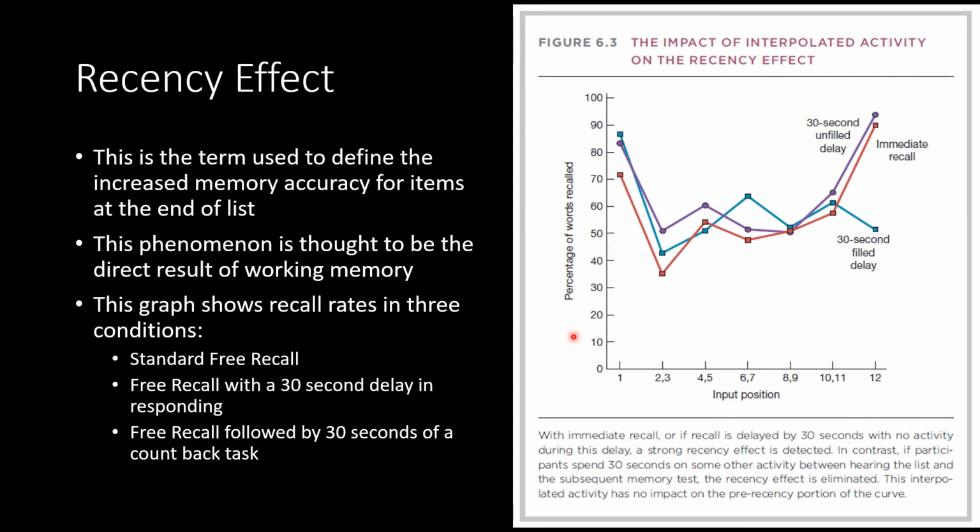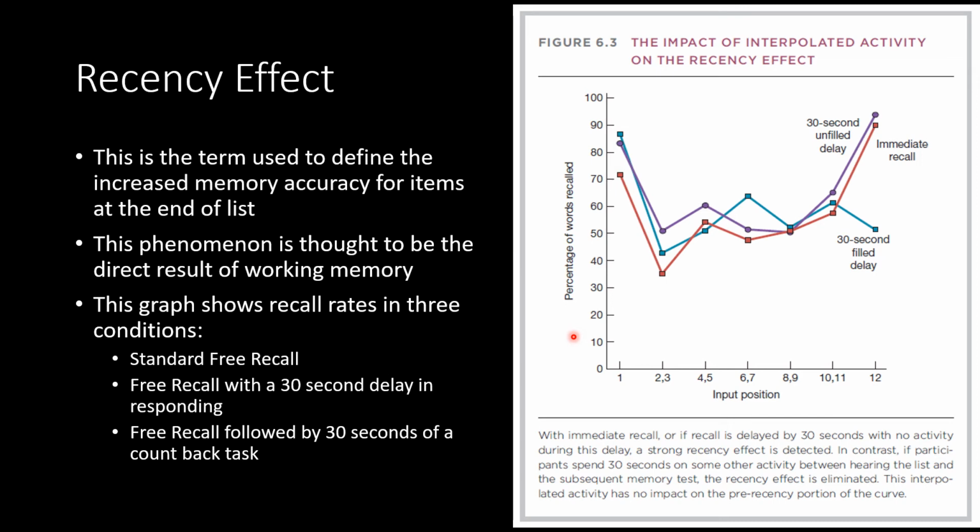The first is just a standard free recall paradigm in which they are shown a list of words, and then immediately afterwards they're asked to recall that list of words in any order that they would like. The next condition over, which here I believe is the purple line with circles, is the free recall with a 30-second delay, and here they were presented with the list, and then before responding after the end of the list, there was a 30-second delay period in which they had to do nothing at all. They just sat there, waited for 30 seconds,